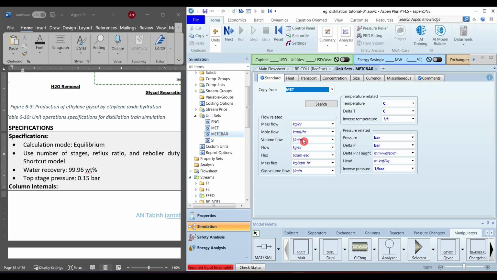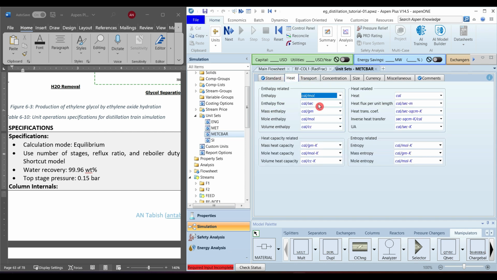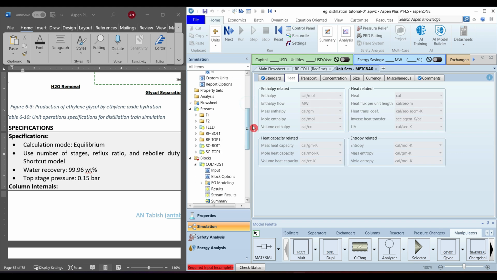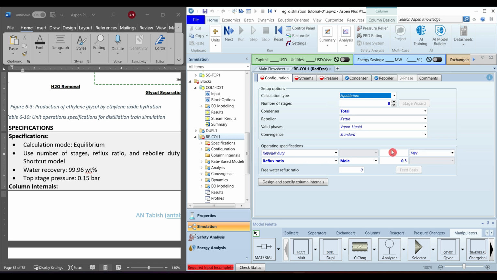For the default metric units in temperature and degree C and bar, let's change the units of enthalpy flow to megawatt and select the defined metric bar unit system. So by default now the units are in megawatt. Let's enter the value of 24